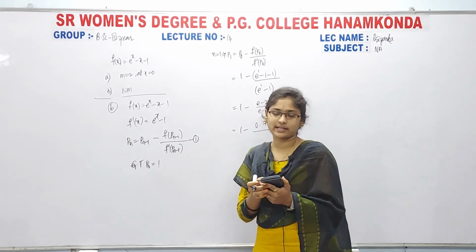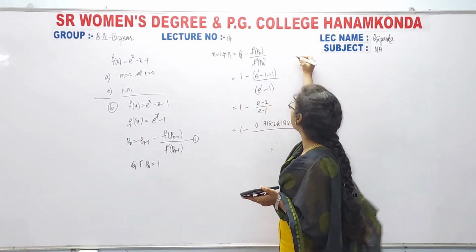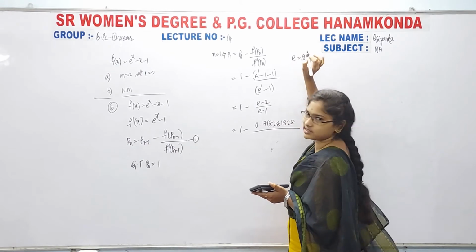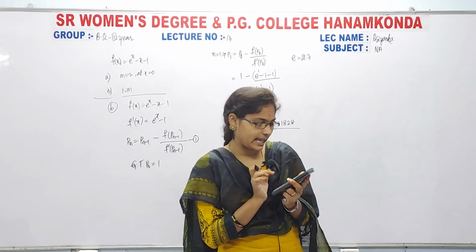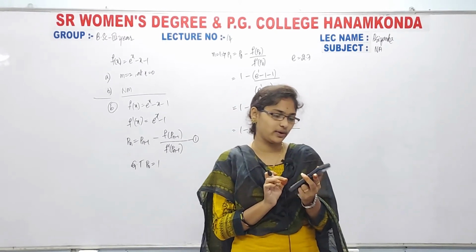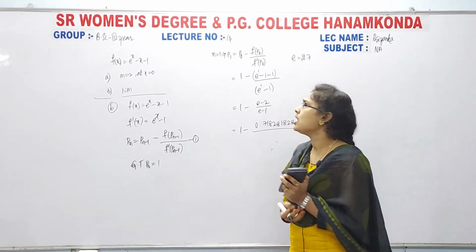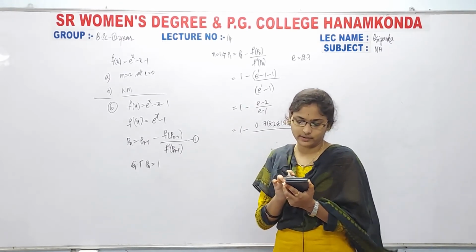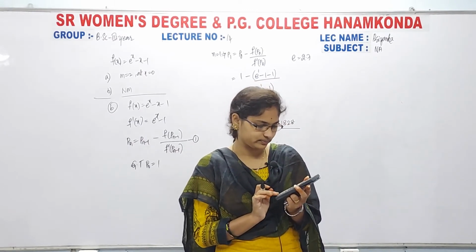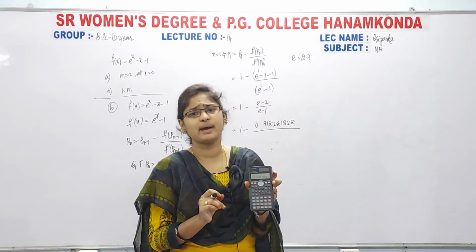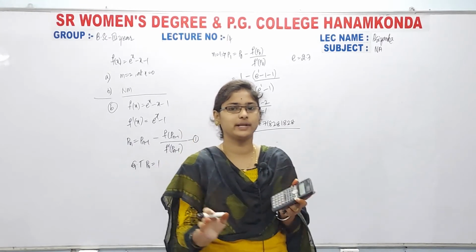If you have any confusion, you already know that the exponential e value is nothing but 2.7 something, right? If you have any doubt, click on alpha and ln, then you will get e, and then equal to, you have that value. You can keep it in radians also, there is no problem. And in case you get the doubt what we will get in degrees, in degrees also I am checking, we will get the same answer. Already I changed my calculator into degrees, and in radians also you will get the same thing.